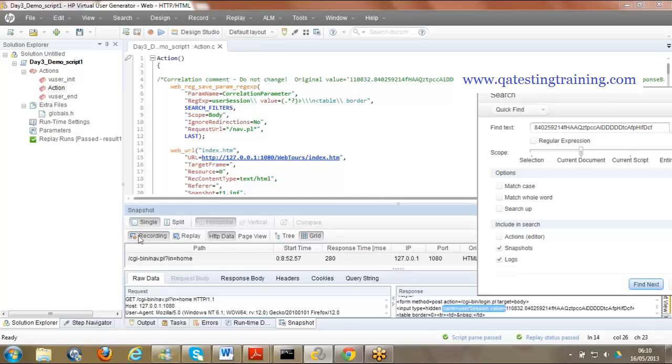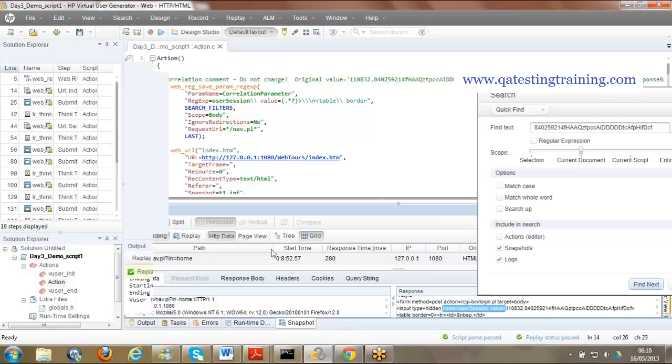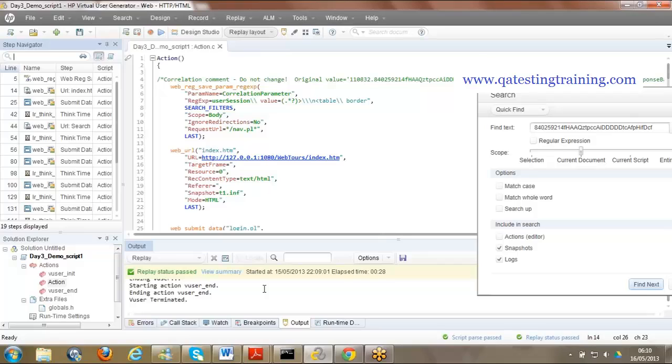If you would like to see that again, compare this. Let me take the left boundary of this particular value. Name user session is equal to, and let me search in the replay log. Because user session is something hard coded while recording, correct? While replaying we are not able to get the same value, we are getting some other different value. That is why our script is failing. So if you go and search,